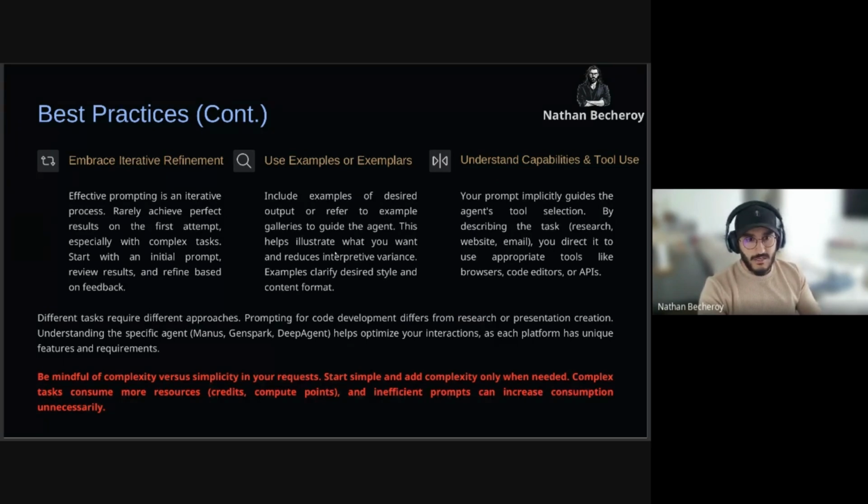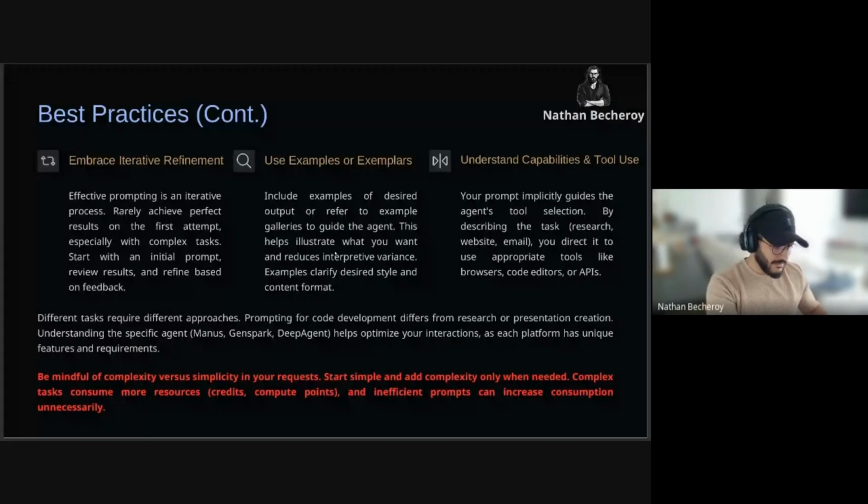Your prompt implicitly guides the agent's tool selection. So you need to know which tools are used by your multi-agent tool to know how to give the instructions to drive your AI multi-agent tool to pick the right tools to create or to do its tasks. So I put it here in red because it's really important.